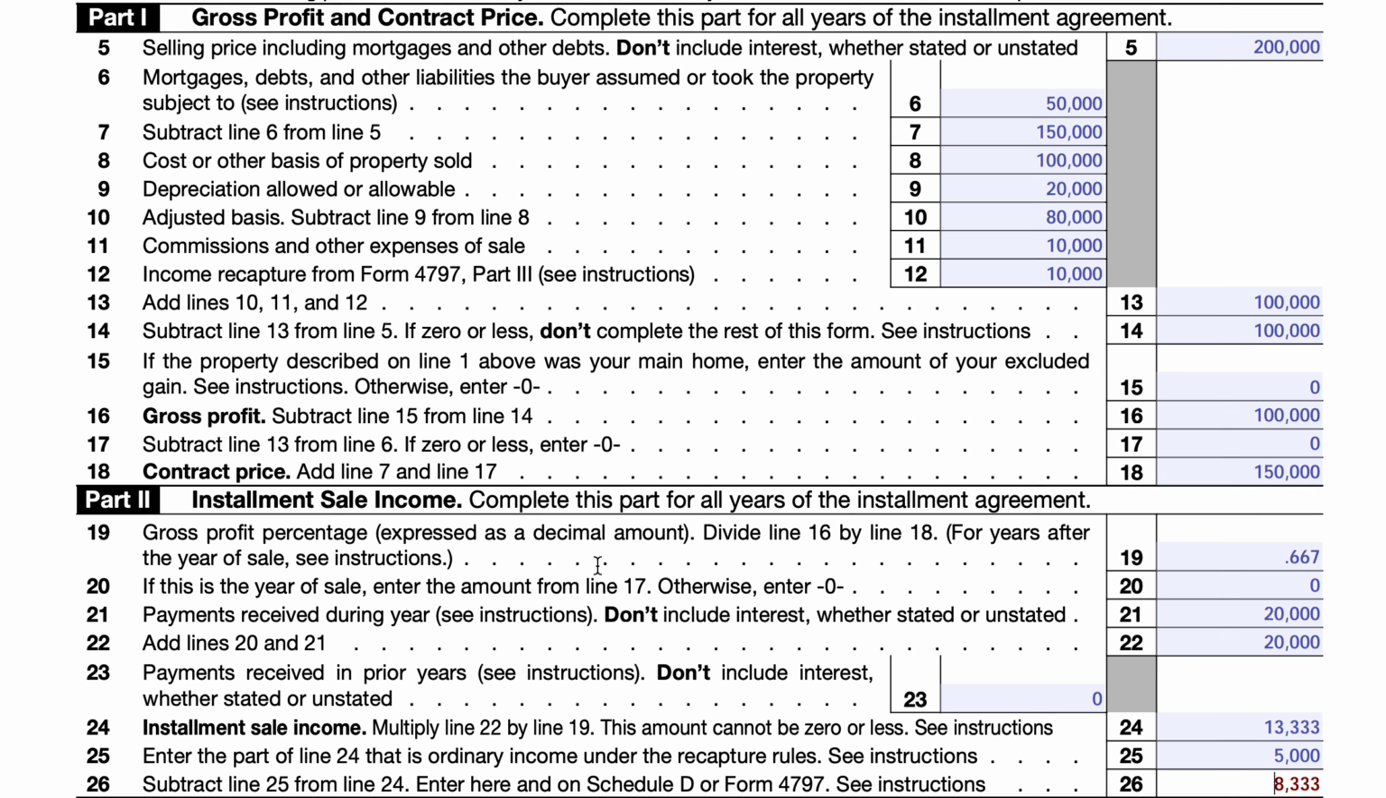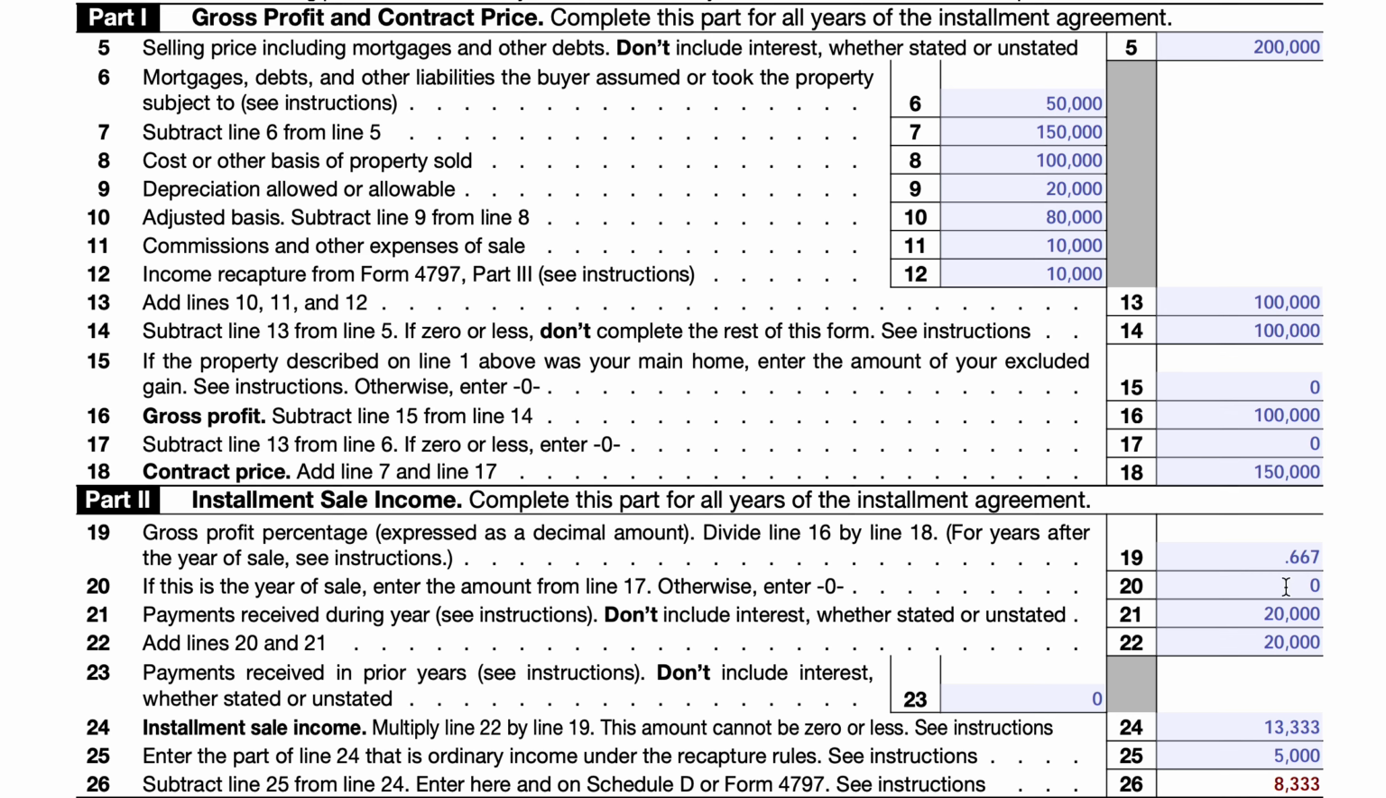So in Part 2, we're going to calculate every year that we receive payments how much of the payment is basically a return of our basis, and how much of that payment is gross profit. And then we're going to report the profit, and we're not going to report the basis on our tax return. So line 19 is a calculation of line 16 divided by line 18, the gross profit over the contract price, and we get 2/3, which is a decimal